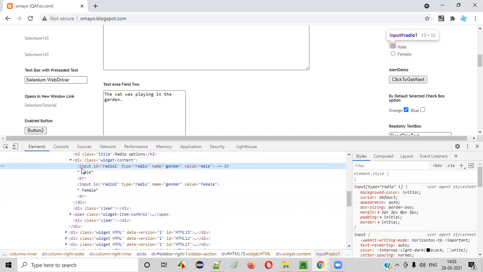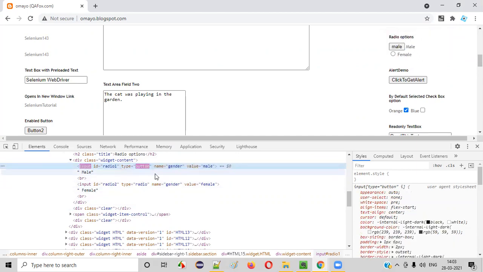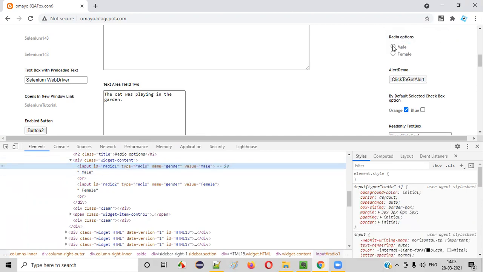Type is equal to radio means this input field is a radio button type. If I give type is equal to button here instead of radio, what are you getting, guys? You are getting a button here. That's the purpose of the type. Why did the developer give the type as radio here? Because this input field type is a radio button. So if I change it back to radio, you see, it converts to a radio button like that, guys. It's an input type where users can input something. Users can select this radio button as an input.